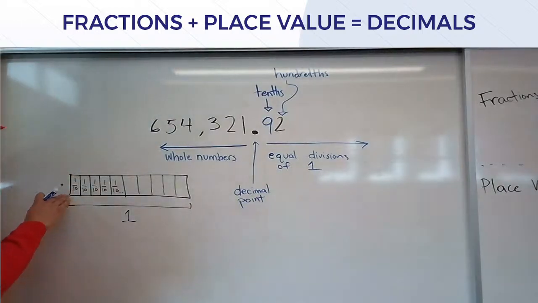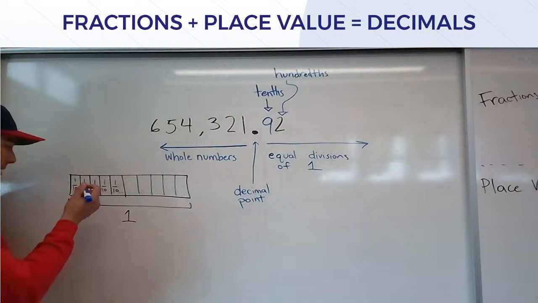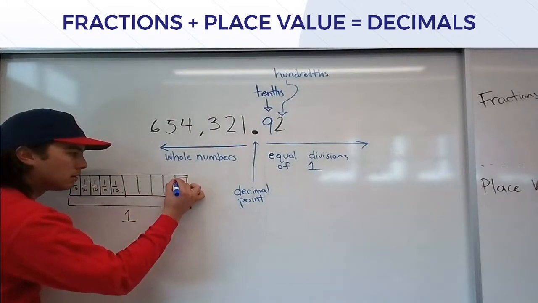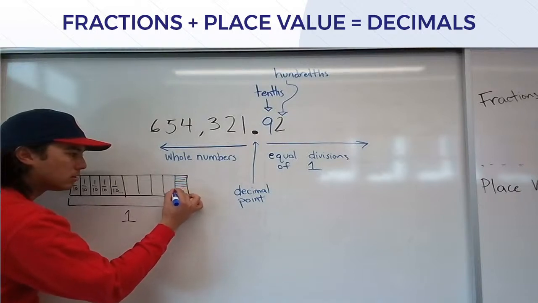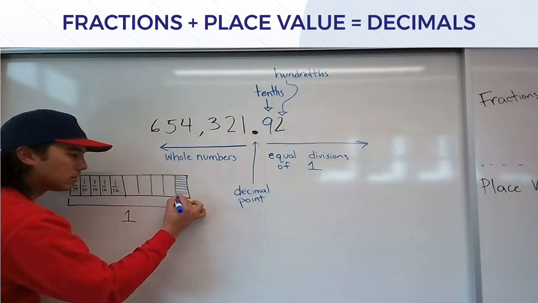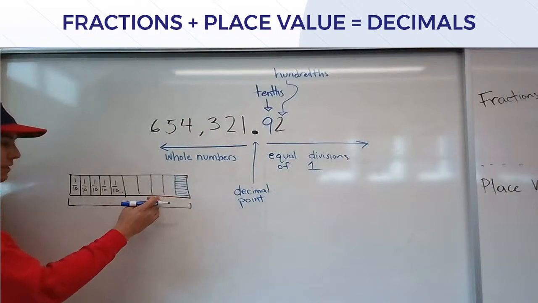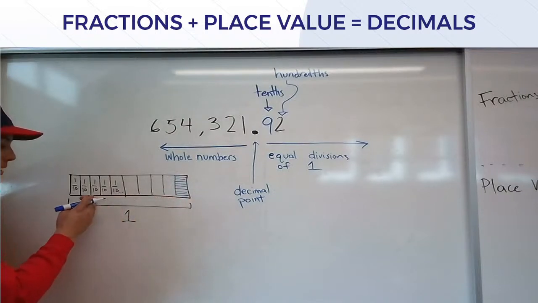If I were to take each of these tenths over here and divide them into 10 pieces, okay, what would be the value of each piece here? Right? It would be 1/100th, because if we divided each of these up into 10 equal pieces so that we're